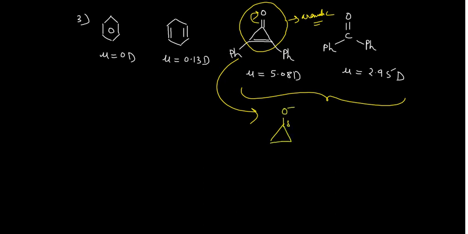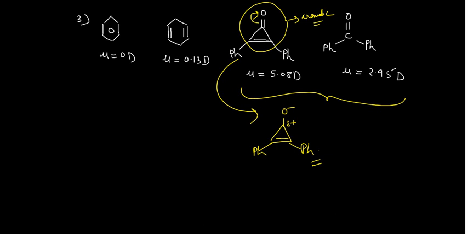If this goes just like that, you can write oxygen negative, carbon positive, and the species is negatively charged, so it is having the highest dipole moment. So why is this 3-membered ring having the higher dipole moment? Because it is producing the aromatic species due to the delocalization of the bond. Okay, so the correct order would be just like that.